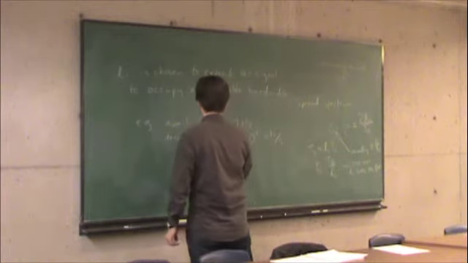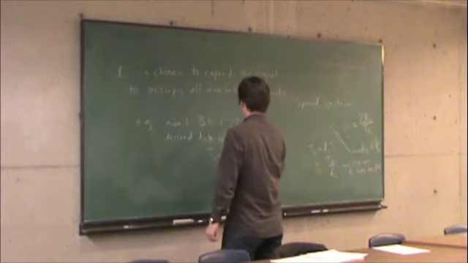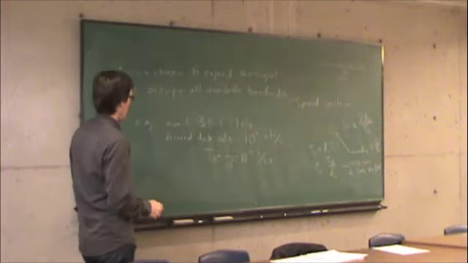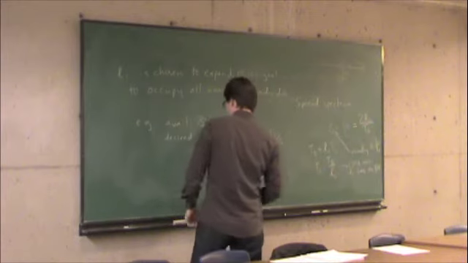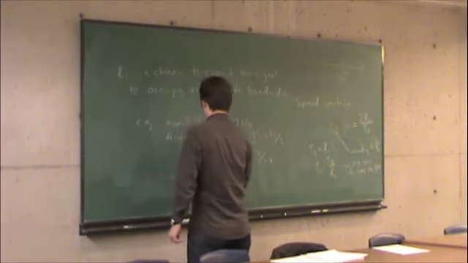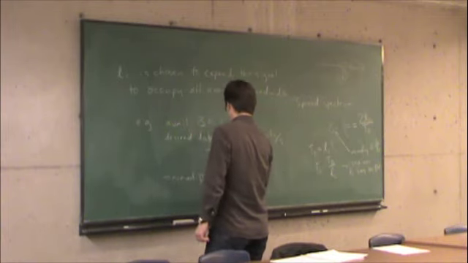What does that mean? TB would be equal to 1 over 10 to the 4, which is 10 to the minus 4 seconds per bit. So the nominal bandwidth would be 2 over TB,